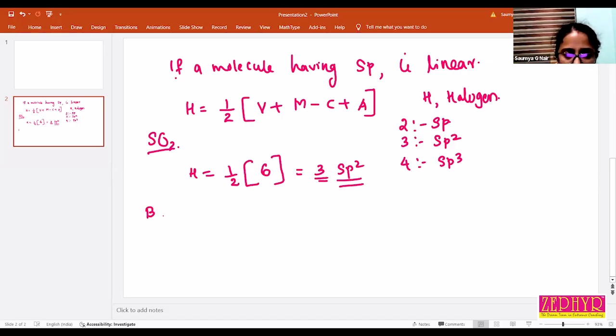Then BeCl2. For these molecules we can use the above formula, and also I will give another shortcut method for finding